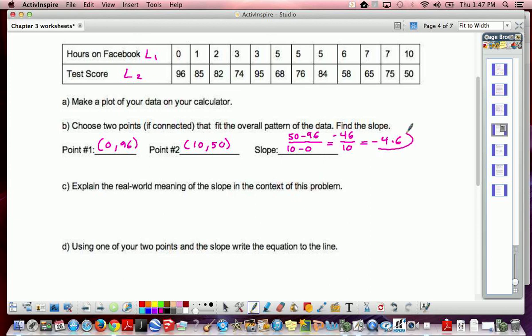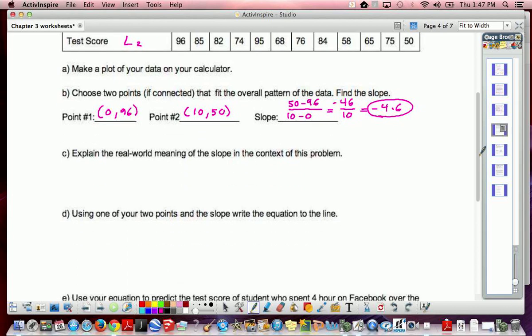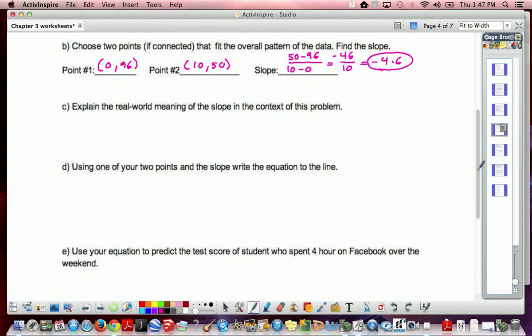So the question becomes, next, in C it says, explain the real world meaning of the slope in the context of this particular problem. So again, we're comparing hours on Facebook over the weekend to students' Monday test score. So for each additional hour spent on Facebook,